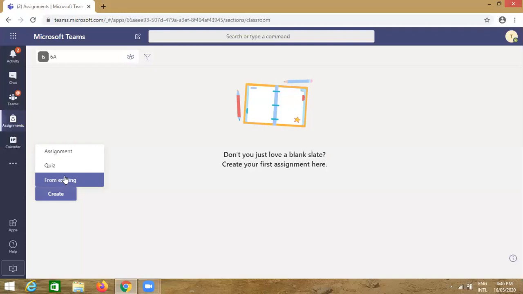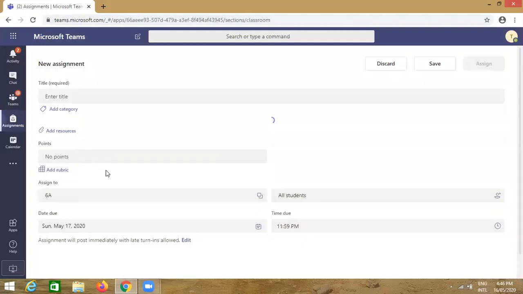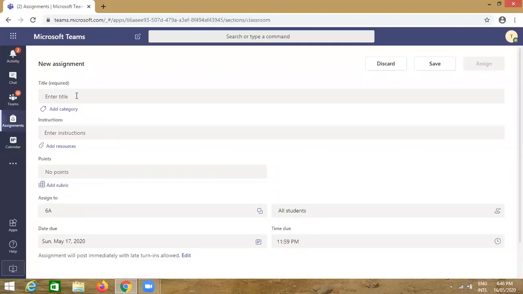So now let us give one assignment to the students. Click on the assignment. The assignment panel is opening. Here you have to write the title of the assignment.